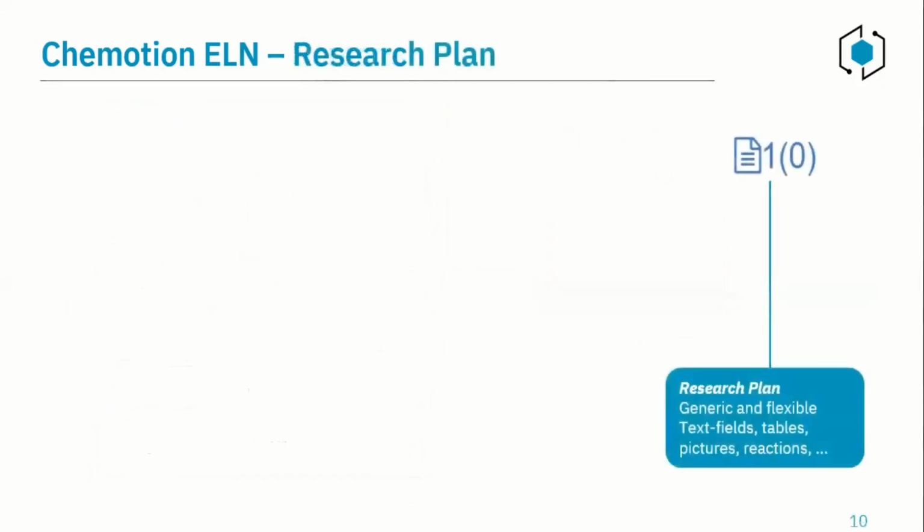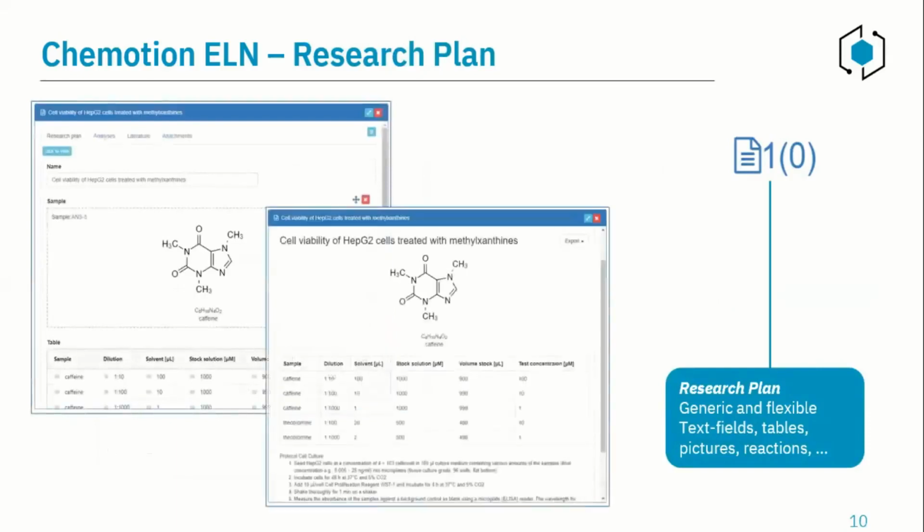And the last default entry type is the research plan, which is a bit more generic. So you can add text fields, tables, pictures, you can add reactions and so on. You can drag and drop them. As you can see here, you can move them around and then individualize this research plan to your needs, which is